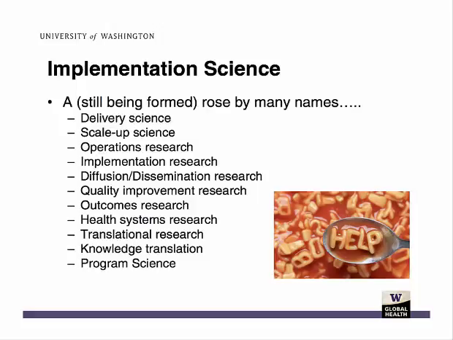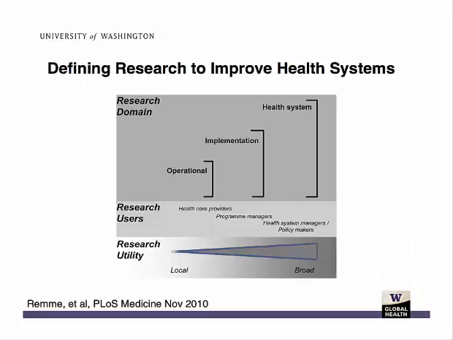I would not become too concerned about the terminology, however. Focus more on the integration of the different research methods into improving delivery systems, because at the heart of closing that know-do gap are those delivery systems. Finally, I would like to end with an introduction to a framework that was proposed in 2010, which helps me think about some of the different terminology and how they're used differently to ask and answer different sorts of questions.